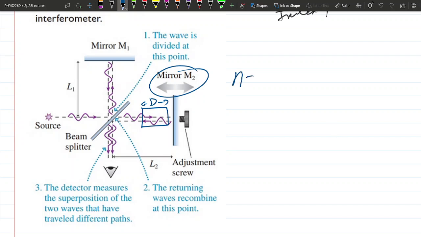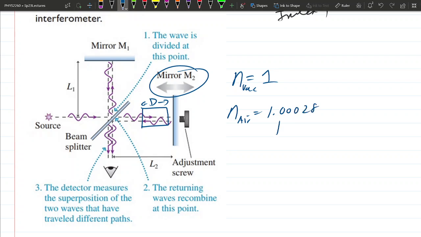The index of refraction of vacuum is exactly 1. But then you're going to slowly let air into here, and so it changes the refractive index inside that cell from 1 to